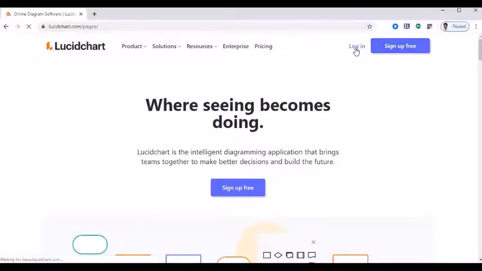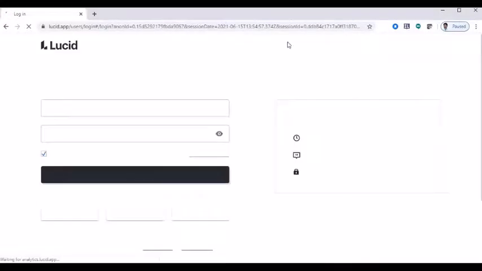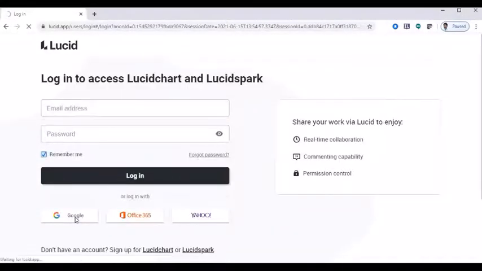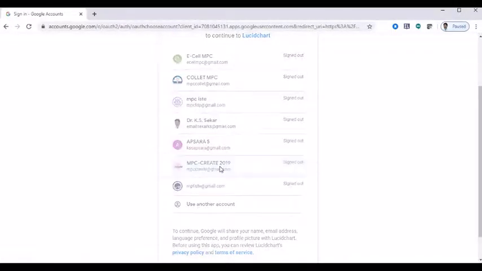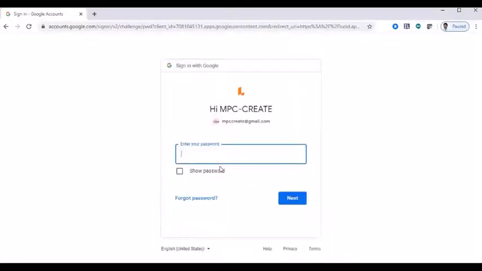So you can log in with your Google credentials. Click login. You can use any one of your login credentials.